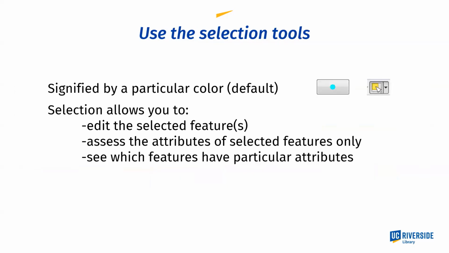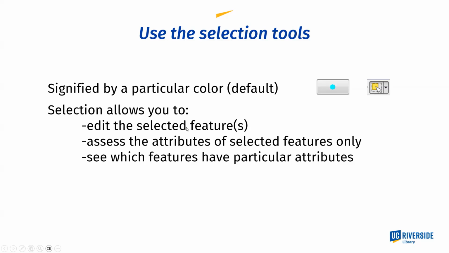One very popular tool that is used quite a bit in a GIS is selection. It's signified by a particular color. In ArcGIS products, it tends to be this light aqua. In QGIS, it's yellow. And this can be customized too. If you do not like these colors, you can pick something else. But anyway, when you select features, it enables you to